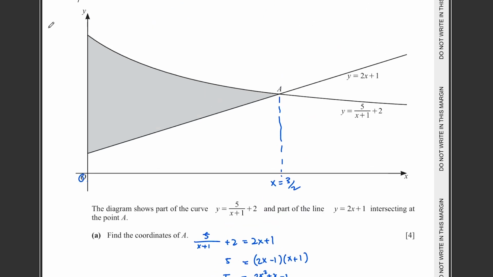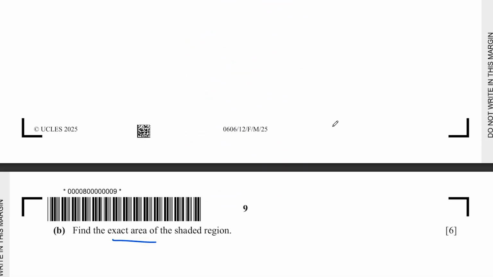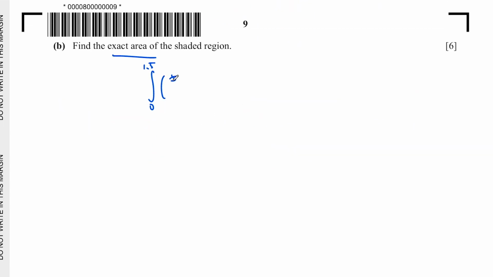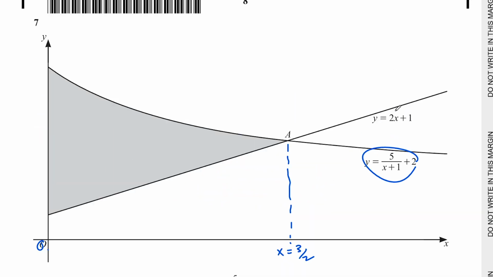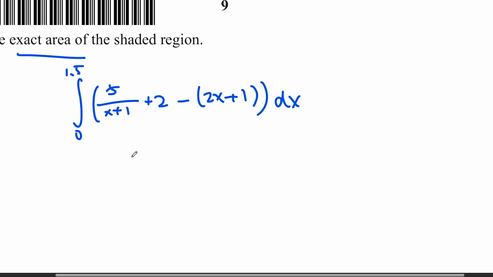Okay, so at this point, the line on top will be this hyperbolic curve line. So I'm going to take the integral of this minus the integral of this. Integral from 0 to 1.5 of the curve, and take away this one, 2x plus 1, and dx. Okay, so after simplifying, I should be able to get